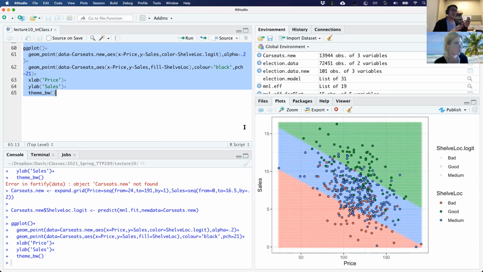At certain combinations of sales and price, you have these linear boundaries, which is an artifact of the fact that we are still working in linear space here, right, with our betas and their relationship with the x's. And you can see, at certain combinations, which ones it predicts are going to be bad, which medium, and which good. We can look at this and see how that compares against the actual data points here.